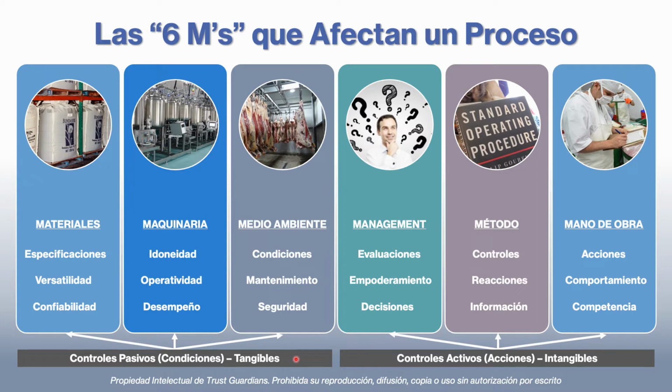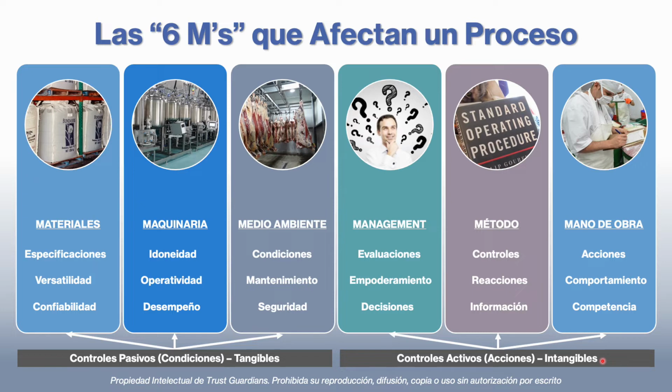That's passive controls. Active controls is related to something that you are not able to touch, you are not able to smell, is not related to money, is related to knowledge, understanding. We can say that the passive controls are related to money, and the active controls are related to brain,